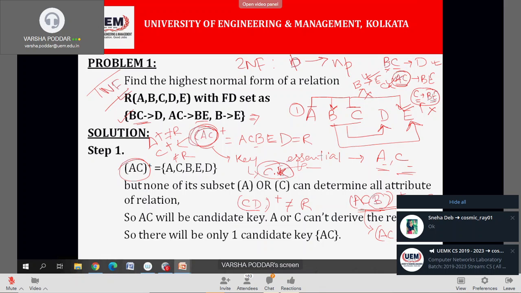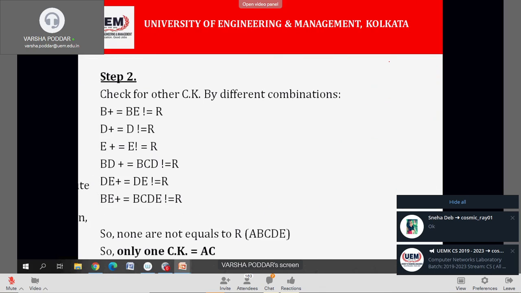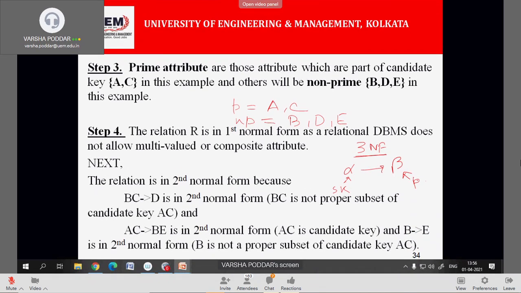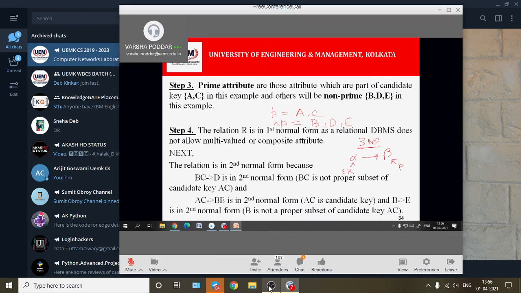Now if I proceed towards 3NF, I will tell you the shortcut to check 3NF. If there is any alpha to beta dependency, either alpha will be a super key or beta will be a prime attribute. Shortcut to check 3NF: either alpha, that is the left hand side, will be a super key or the right hand side will be a prime attribute. Either or, anyone being true, then 3NF